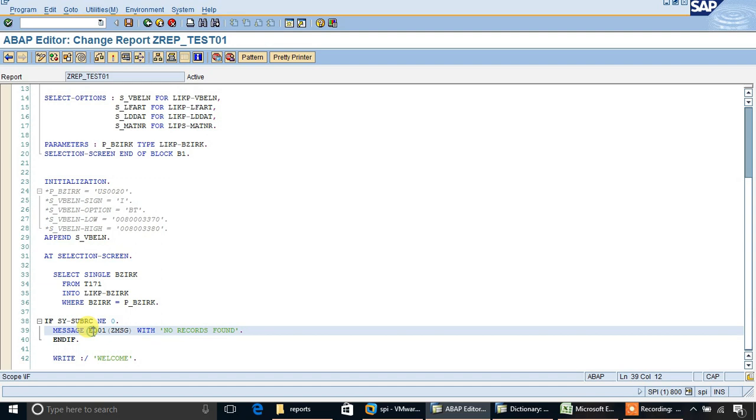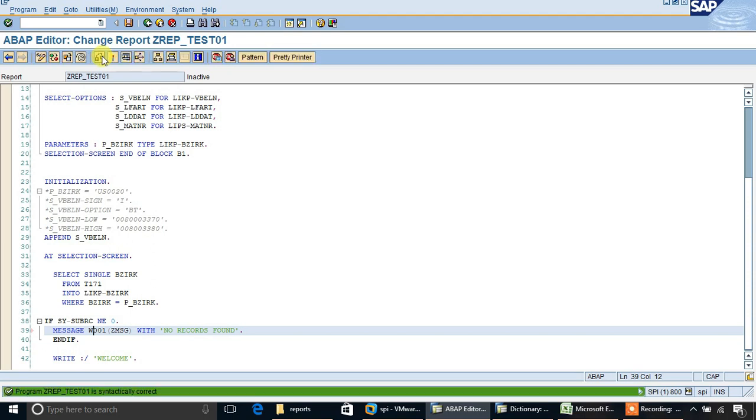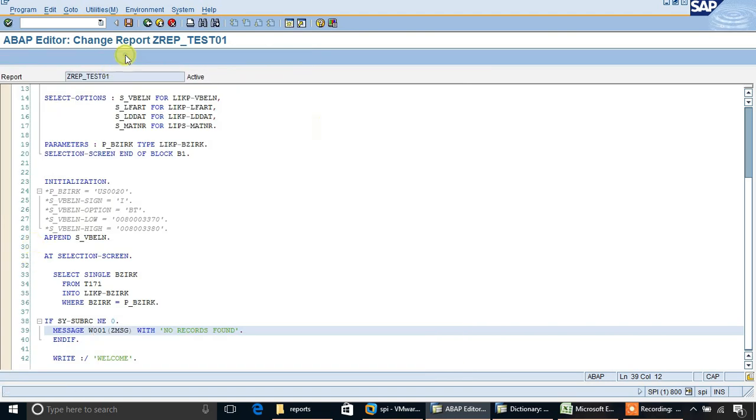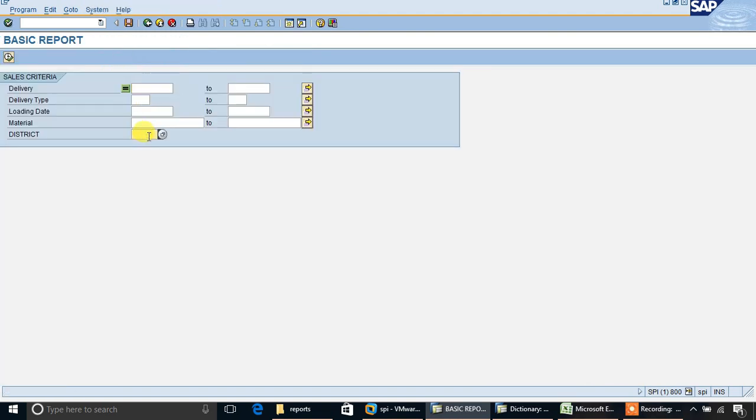Here I write the warning message. No record, but if I correct this parameter.